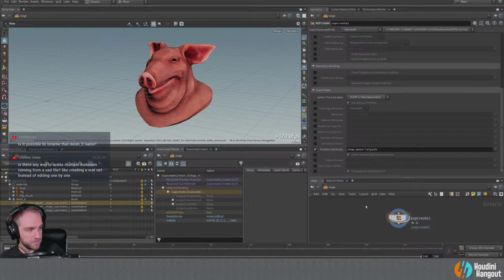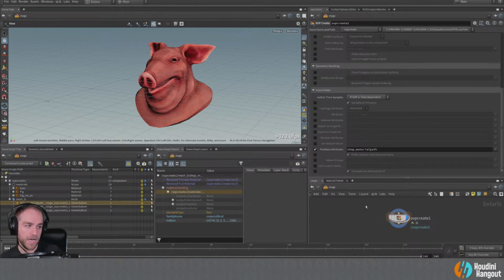Is there any way to access multiple materials coming from a USD file? Yeah, for sure. Yeah, you can. Actually, I'm misunderstanding. Like creating a material network instead of editing one by one. I'd have to see if you have an example of that or something. You could always drop that in the Discord server, Chester.